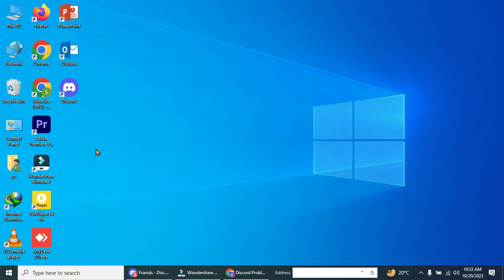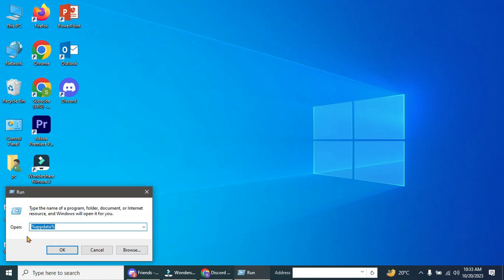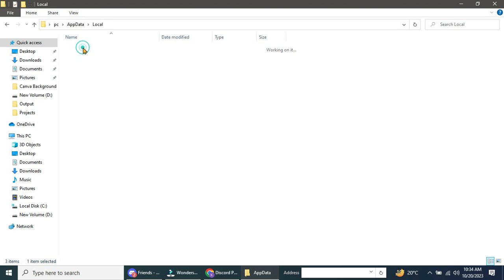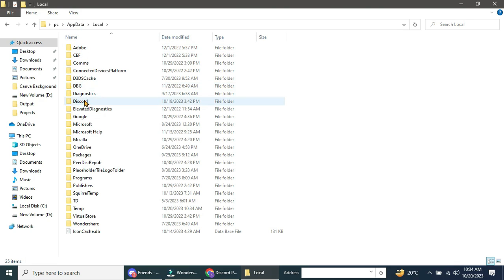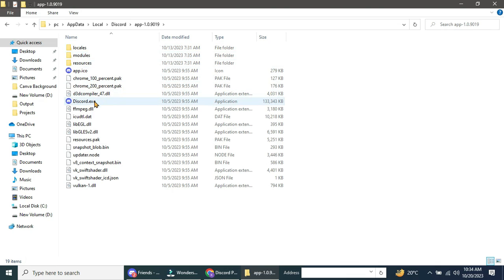First, to do this, go to the Windows icon in the bottom left corner and right-click it, and then click Run. And now, type in %appdata% and hit Enter. This will open the AppData folder. From here, click on AppData again. Then select Local, and then select Discord, and then select the file app-1, and click on it, and then